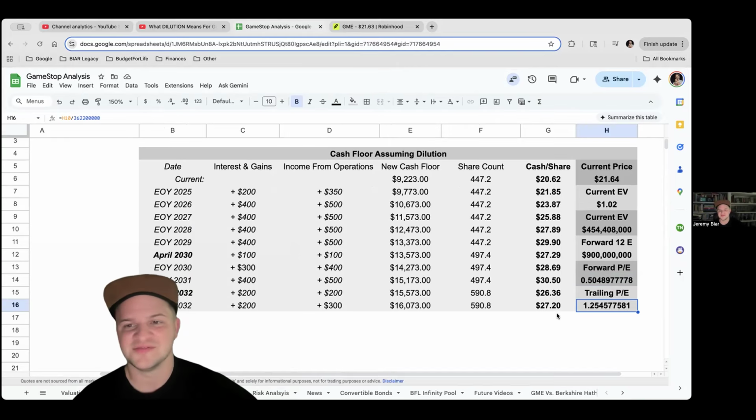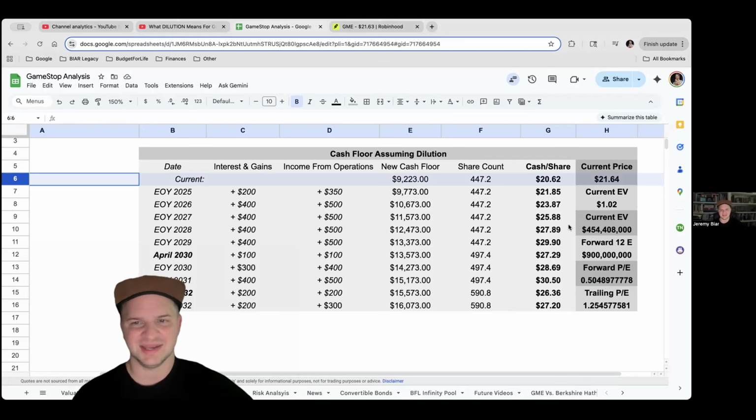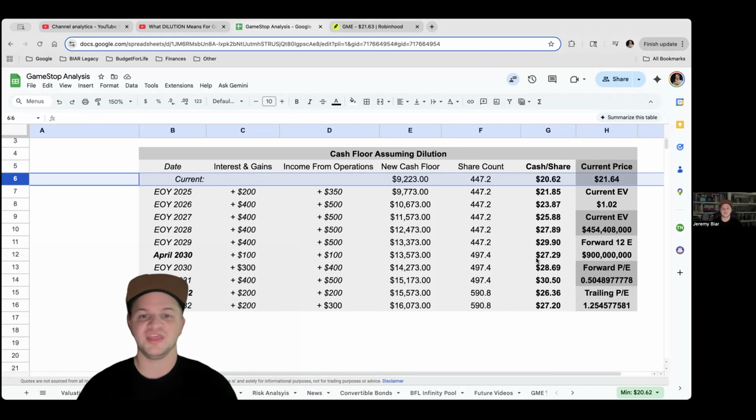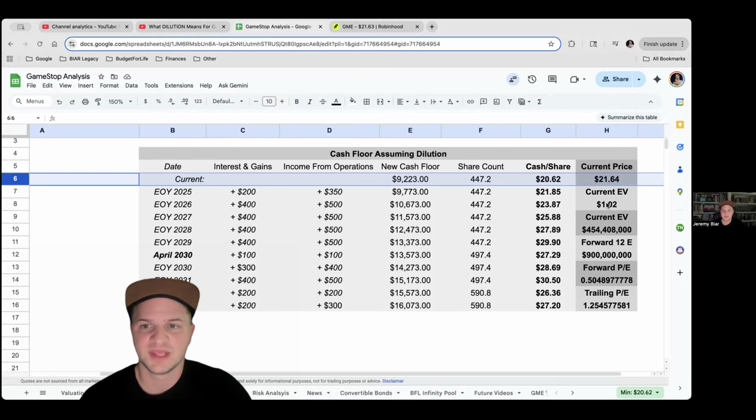A trailing PE of 1.25, a forward PE of 0.5. That is insane as far as thinking about the valuation of the company. Basically,